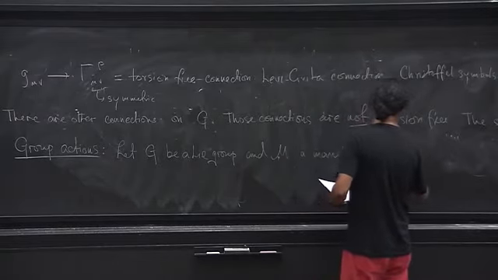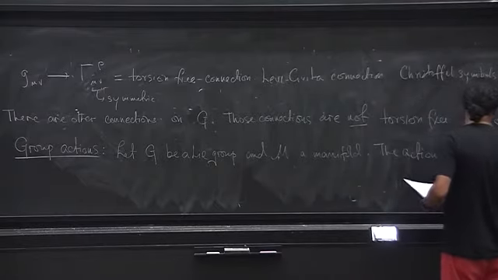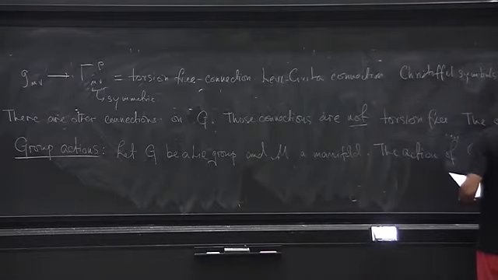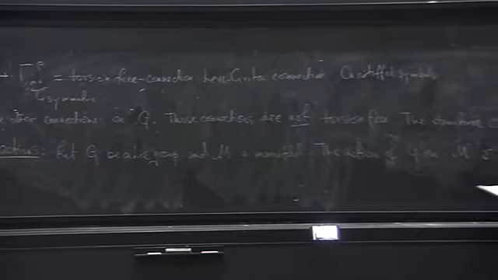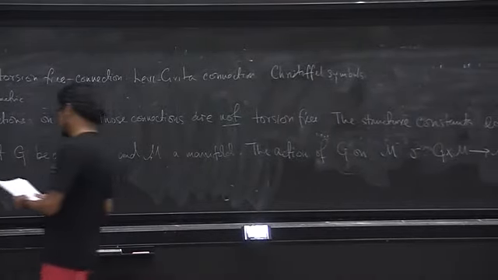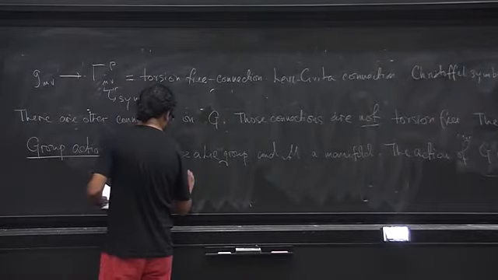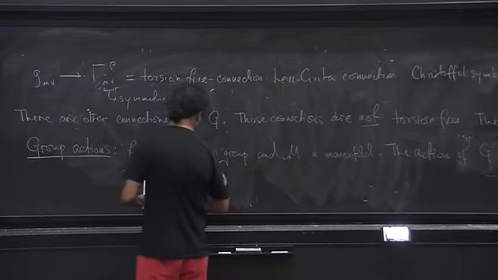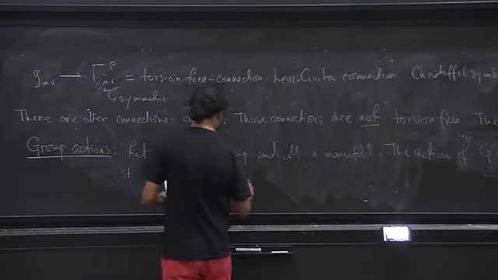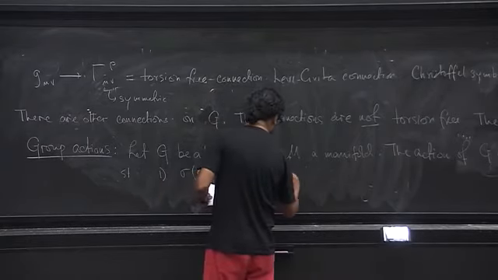The action of G on M is a map that goes from G times M to M, such that the group action of the identity element on some point P is P for all points of the manifold,